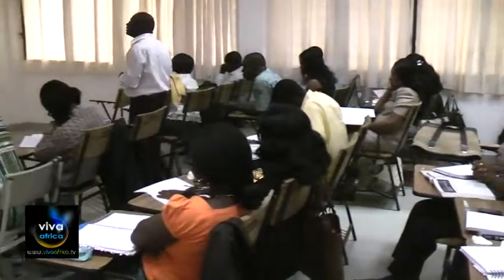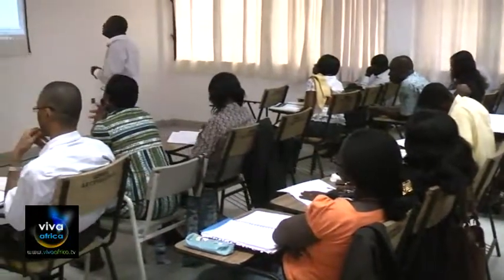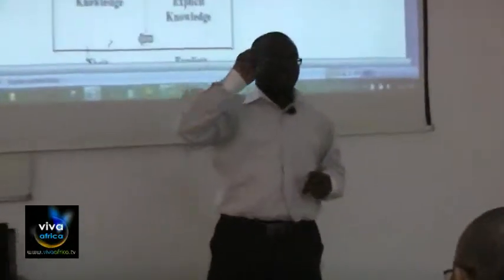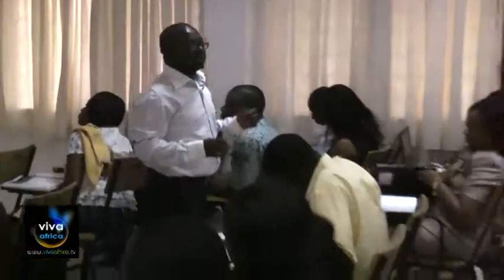So I'm trying to point out that you have individual knowledge and then you have collective knowledge. The individual knowledge is the knowledge that we have as individuals or employees in the organization. You own it, you know it yourself. And the collective knowledge is the knowledge that we hold as a collective, as an organization. Do you understand what I'm trying to say?